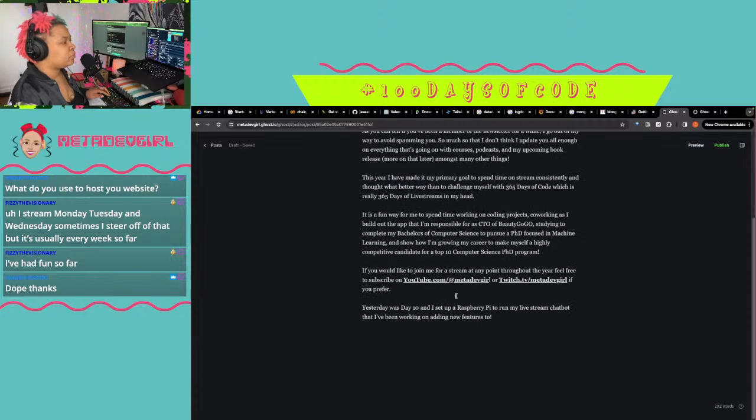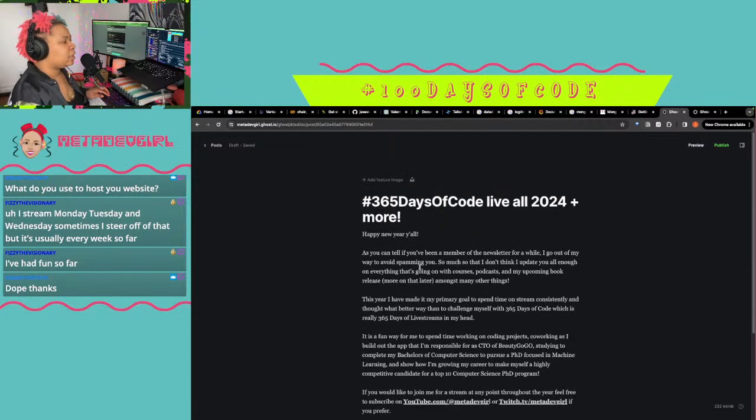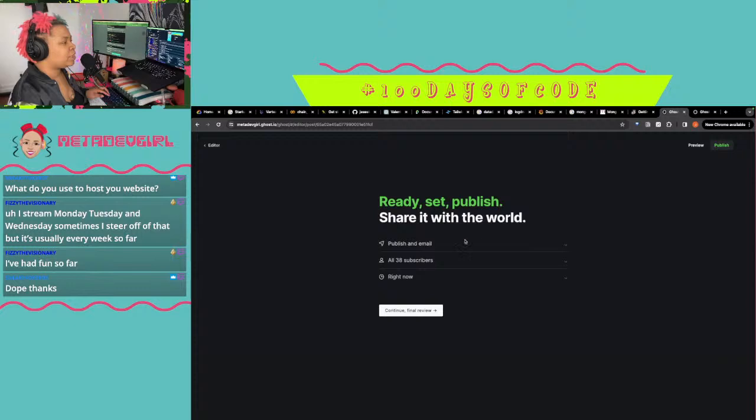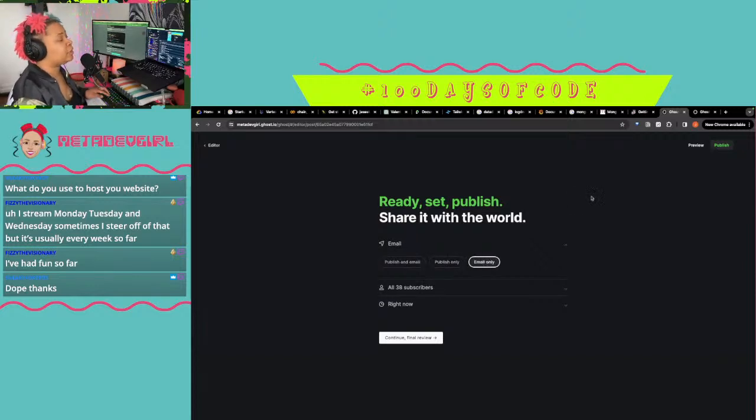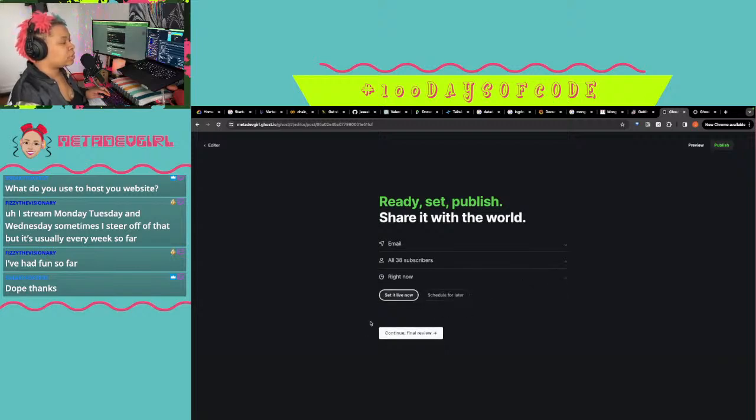For example, with this post, if I was to publish it, I can decide to send it as a newsletter with an email, or I can just publish it, or I could just send it as a newsletter, which is basically the email. Then I can decide which groups or which specific people I want to send it to. You can schedule stuff for later, of course.